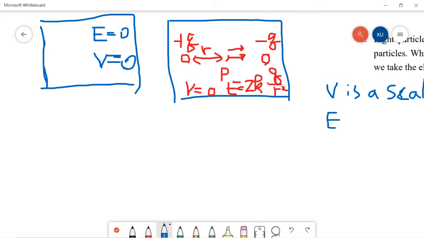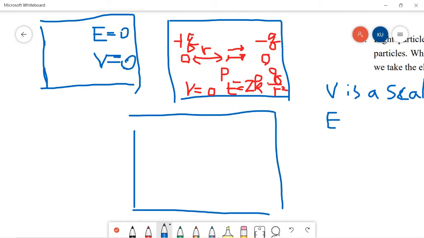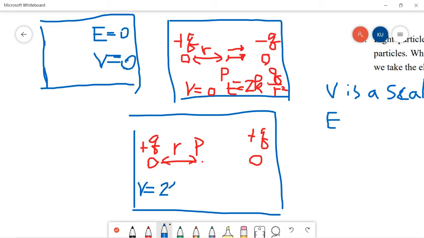So for the third case, here we have plus Q, also have plus Q, and in the middle point P, and this is R. So in this case, V will be 2KQ over R. And E would be 0